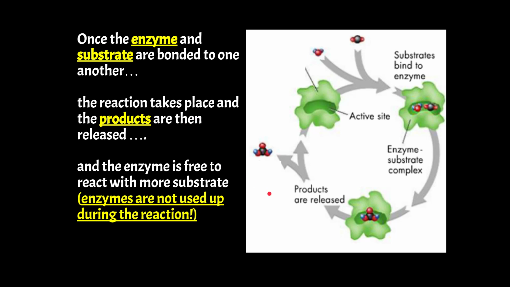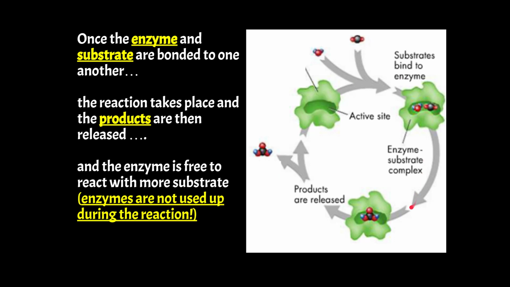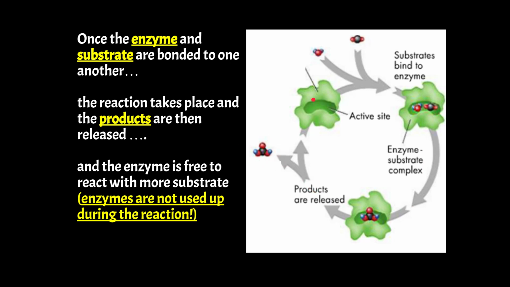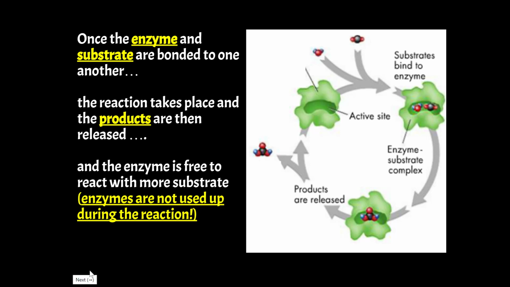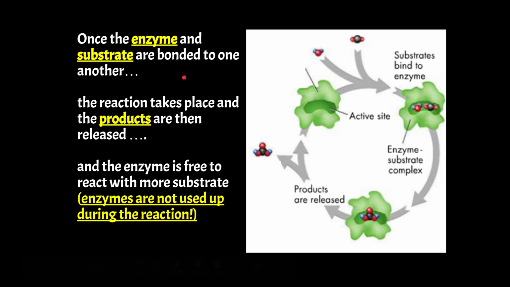The good thing about enzymes and how they speed up reactions is that they're never used up during the chemical reaction. They can be used over and over. So this enzyme can react with more substrate, carry out the chemical reaction, release whatever products are coming out of that, and then react with more substrate. And they will continue to be recycled and reused, as long as this active site isn't changed in any way. So enzymes function to speed up the rate of chemical reactions. They're lowering the activation energy. They're bonding to substrates and helping to either break down or build up and produce some sort of product in